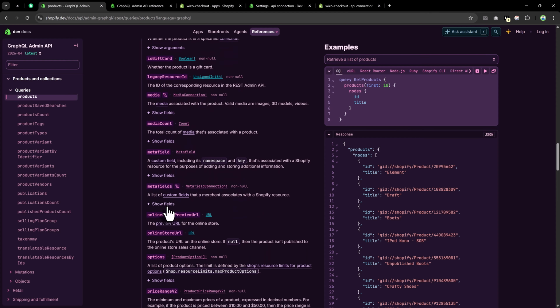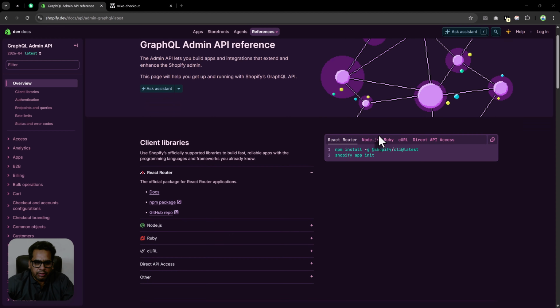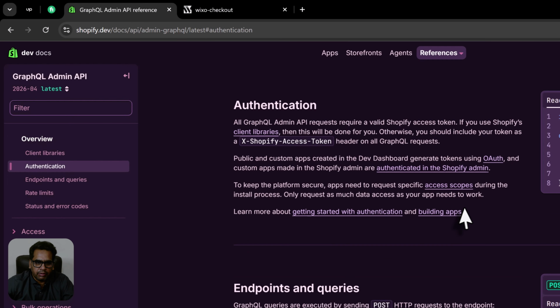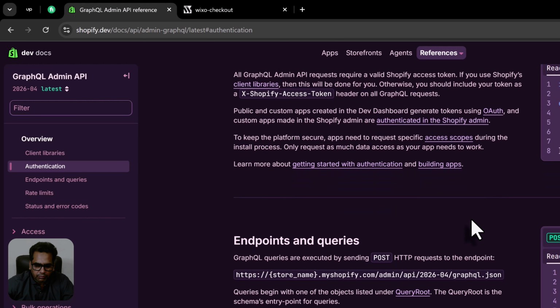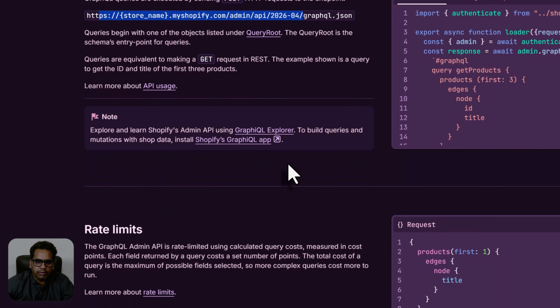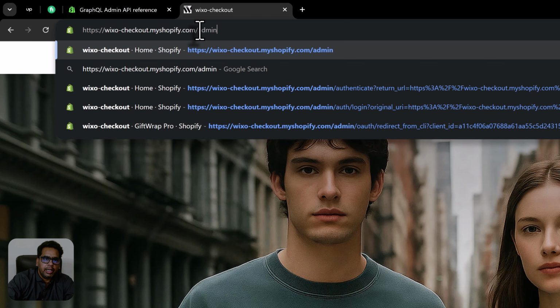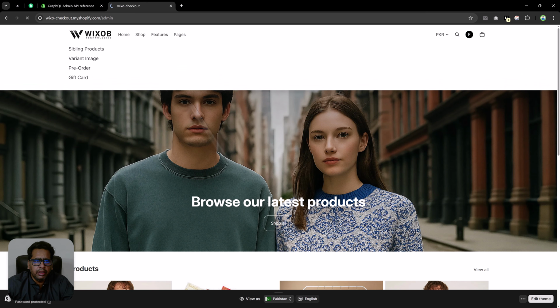So let's get started. Right now I am on the Shopify GraphQL Admin API reference. Before connecting to your store, you need to authenticate your request. For the authentication, we need a Shopify access token to make the GraphQL API calls. For that, we need to create the access token in our store. For that, go to the Shopify store and go to the admin, and